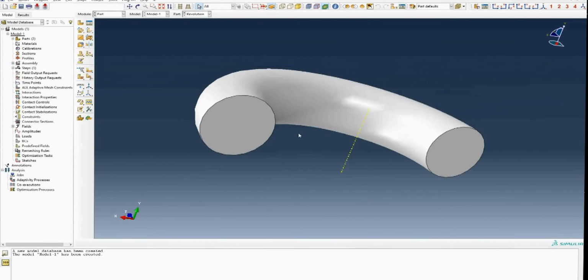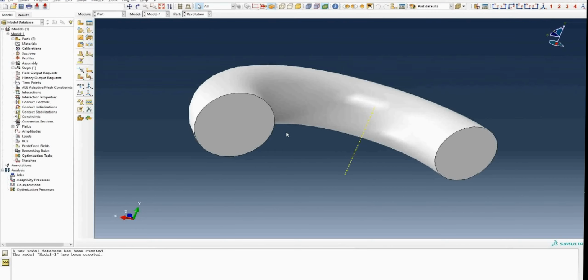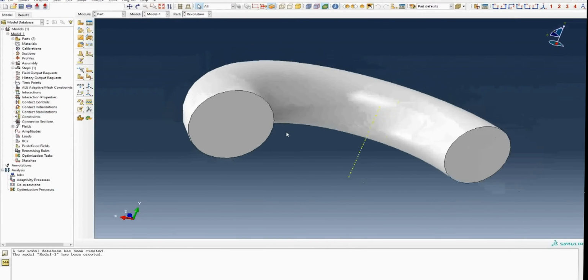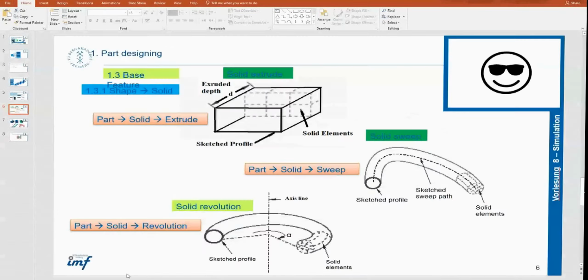And for zooming, you can use your scroll. So these are some options that you need to know. So let's go and see how